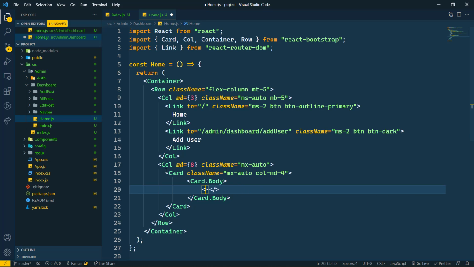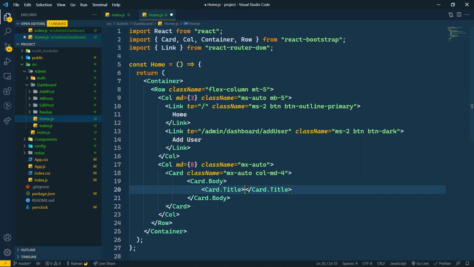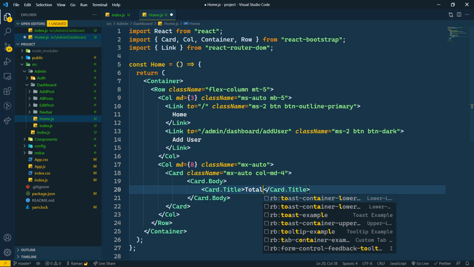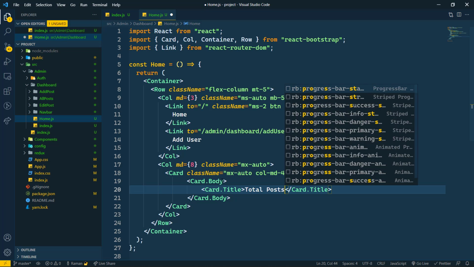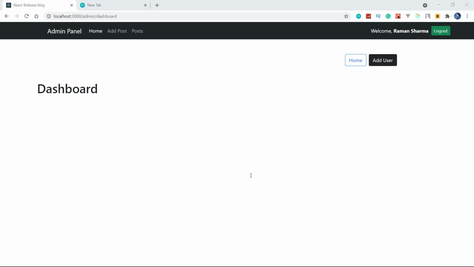Instead of h1 let it be Card.Title, that will be good, Card.Title, and it will be Total Posts. And here we need padding, so I'm going to write padding 4, and we need also border, so I'm going to write border. Save this, and now let's see what we are getting.